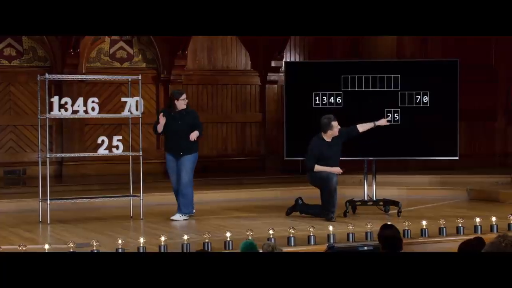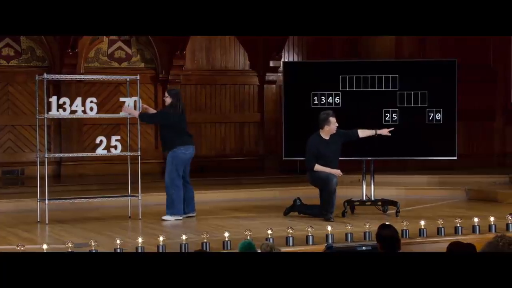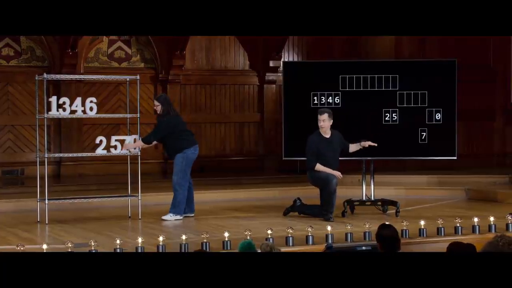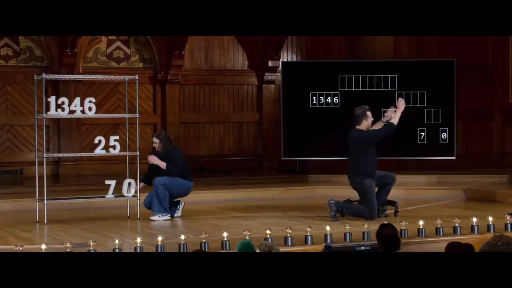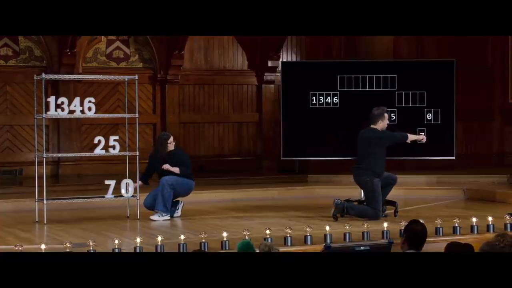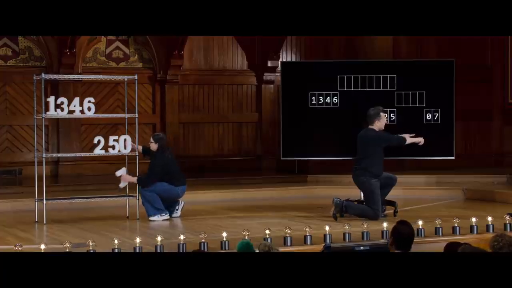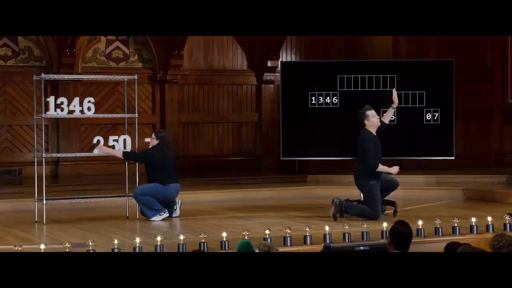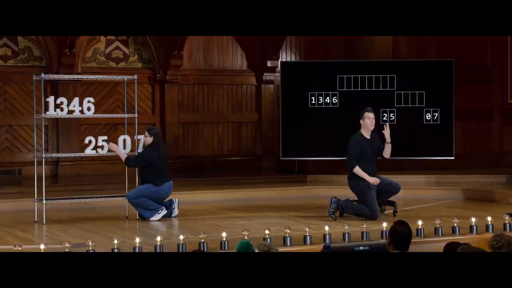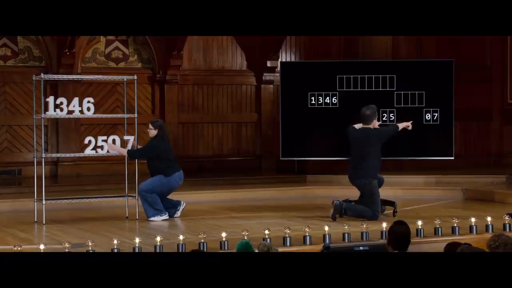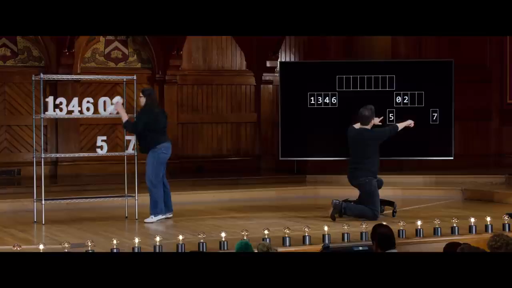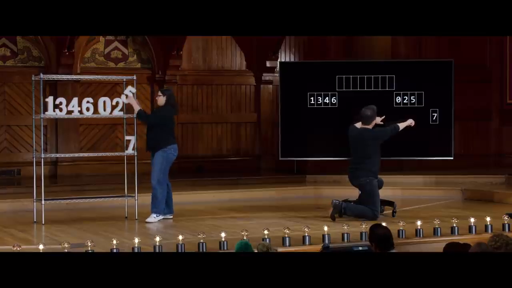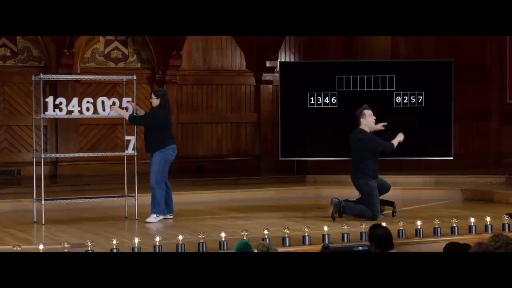Now I sort the right half of the right half. So I've got the 7, 0, and I sort the 7, done. 0, done. Now I've got to do the merge step, pointing at left hand and right hand. The 0 comes first, then the 7. Now I have sorted the right half of the right half. What's the third step? Merge those two halves. So I point left and right. 0 comes first, then 2, then 5, then 7. And now I've sorted the right half.